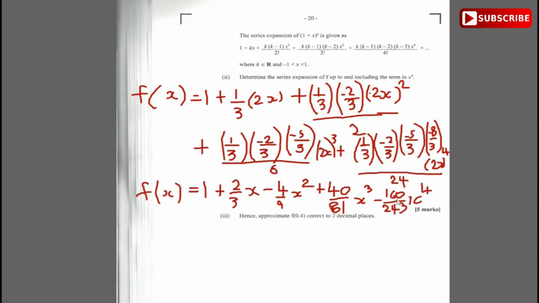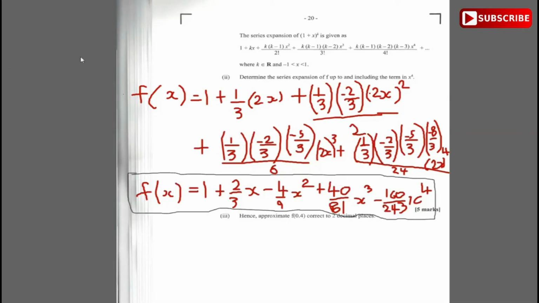All right, I know it doesn't look pretty. Let me see if I can not put this 24 so close to the final answer. This is the final answer for f of x. All right, that's the final answer. Now it says, hence